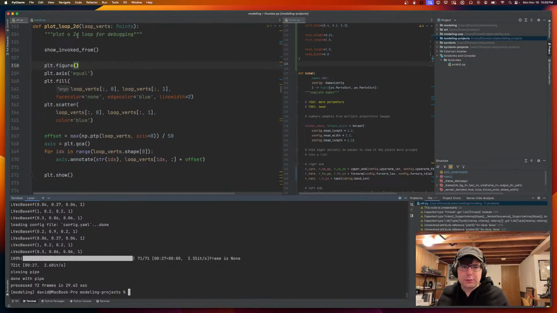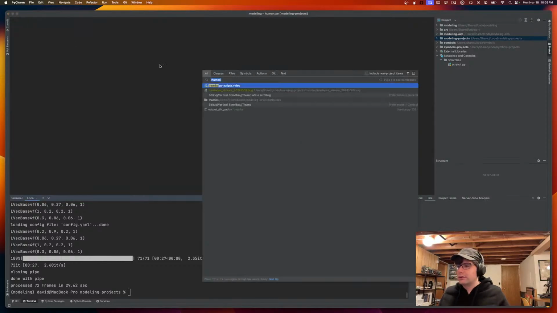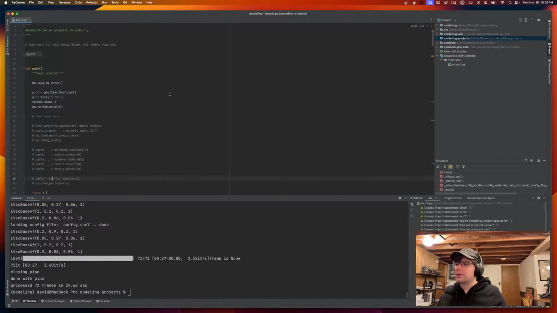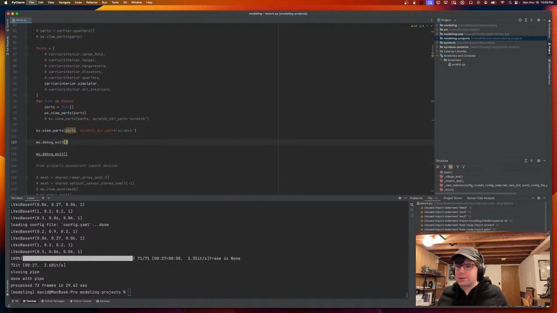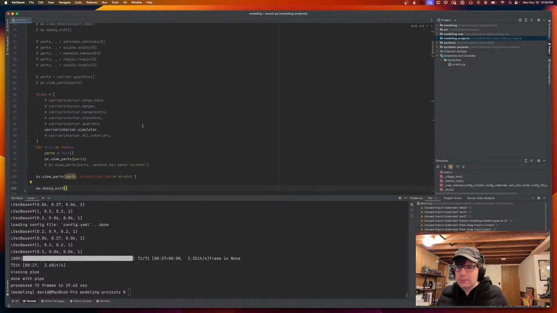So earlier today I was working on my low poly humans a little bit. Let's close that stuff out and open our workbench again. So here's some functions, and for people who might be new, I'm actually doing 3D modeling with Python code. So I have these different functions that build different chunks of the interior of the spaceship. And the one that we're looking at is the simulator room that we're building. So if I run my bench,